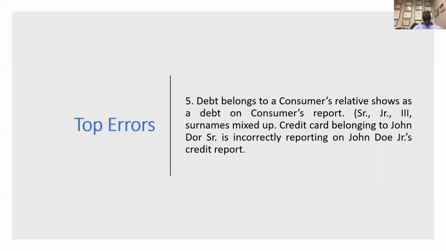Okay, number 5. The debt belongs to a consumer's relative, but it shows up on the consumer's credit report. So a debt that doesn't belong to the consumer is reporting on the consumer's credit report. What's an example of this? The example of this is John Roberts Sr., John Roberts Jr.,